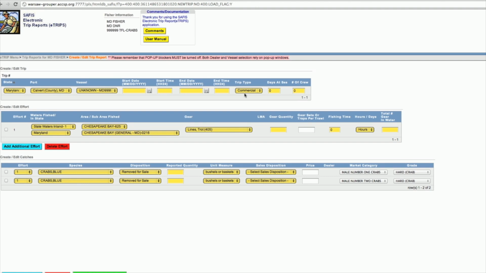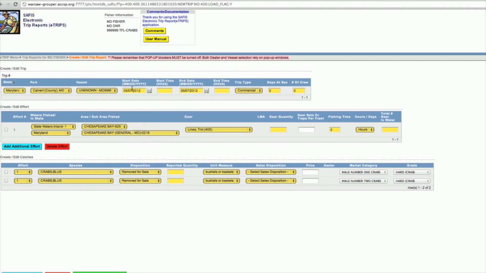And you'll see a screen really similar to what we looked at in the favorites menu. And you notice the port and the vessel and the waters fished and the gear and everything is in there that we added to the favorites. So what we're going to need to do is add a date, and there's a calendar here. You can click on this icon and it shows you the current month, and you can go to previous months, or you can go ahead in time if you need to for some reason. We're going to add a trip for May 7th.